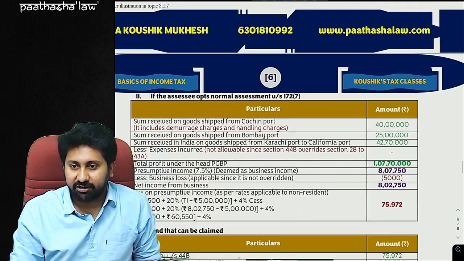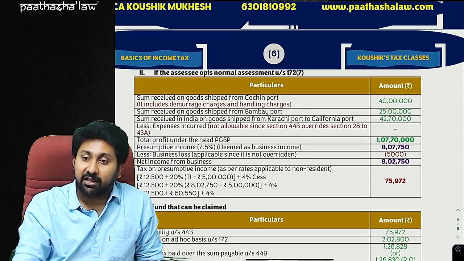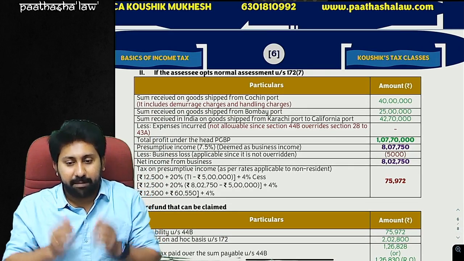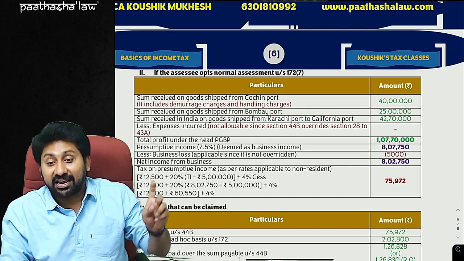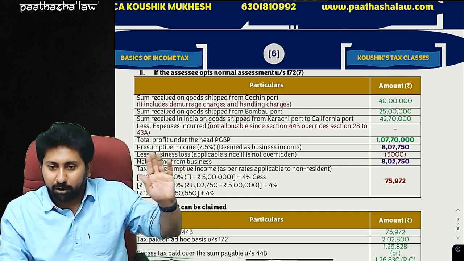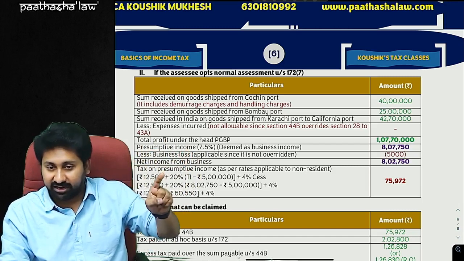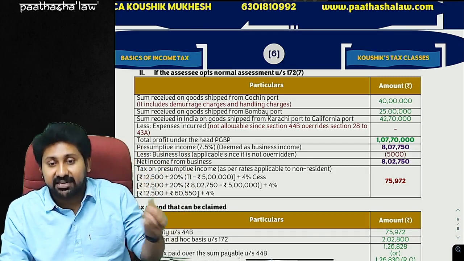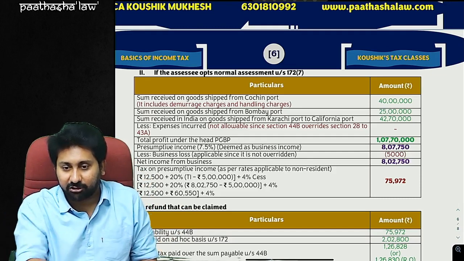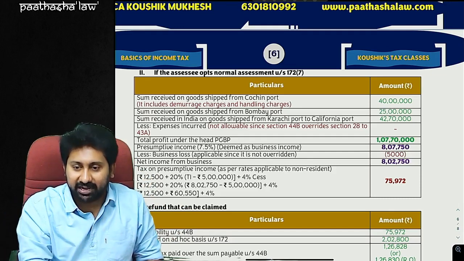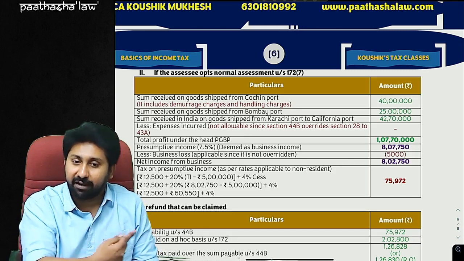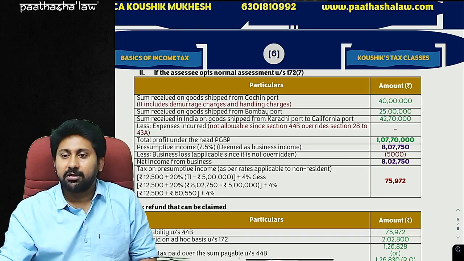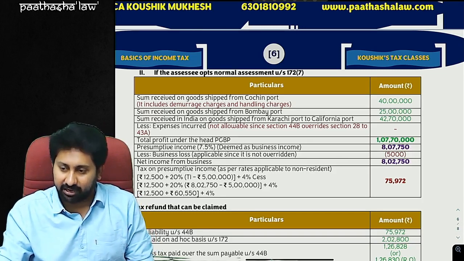Okay, 42,70,000. In the later assessment year, again you will do a reassessment and compare whichever is better for you. That's why the advantage here is that brought forward losses will be deducted. That's one advantage. Another advantage is the tax rate is not 40%. Non-resident tax rates will apply. First 5 lakh 12,500. For total income in excess of 5 lakh, 20% with 4% will apply. Whichever is advantageous for you, you can apply that. Clear everyone? So this is how we have to assess the income.